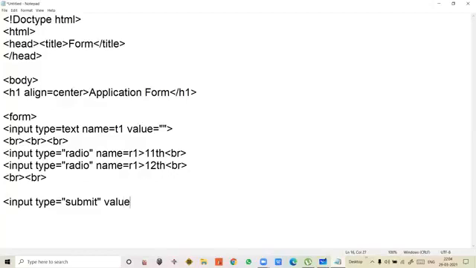Okay, and value equal to, value is what, students, to label something. For example, I'm just giving proceed. So it will be displayed on the button proceed. Okay. Then close the form.